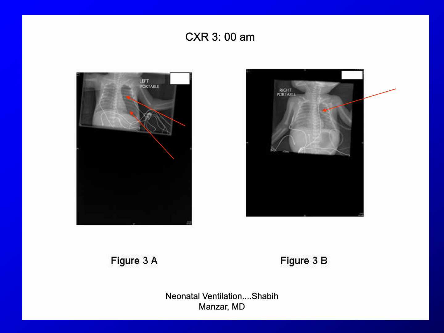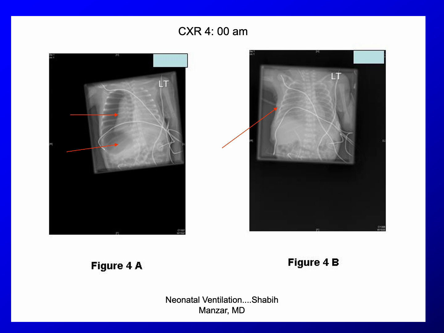As you guys can see now, this is a really hyperventilated lung here. And so what is going on here in 3A? And in 3B, you see there's still some air pocket here. So what's going on? Now at 4 a.m., you see this is a pneumothorax, and this is very classic. See how the air is trapped here and the lung is pushed. This arrow shows how the lung is pushed, and then this is the pneumothorax. Now figure 4B is showing they have evacuated that